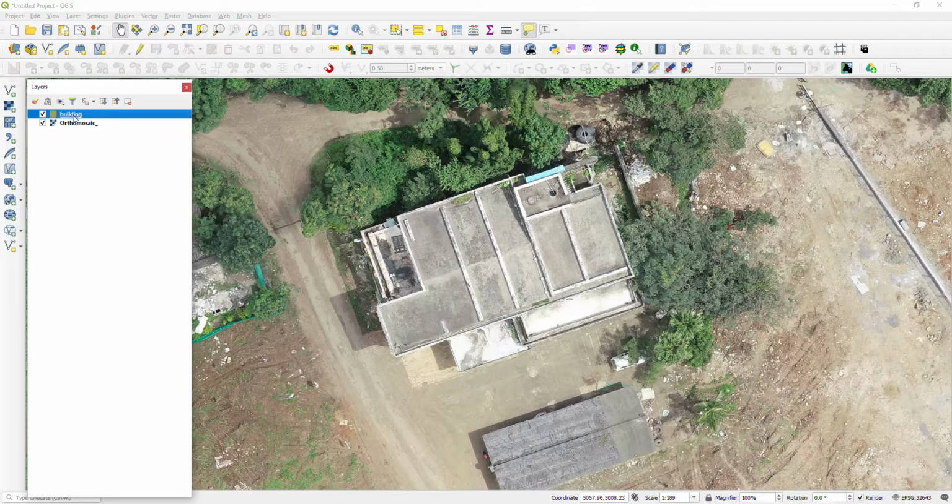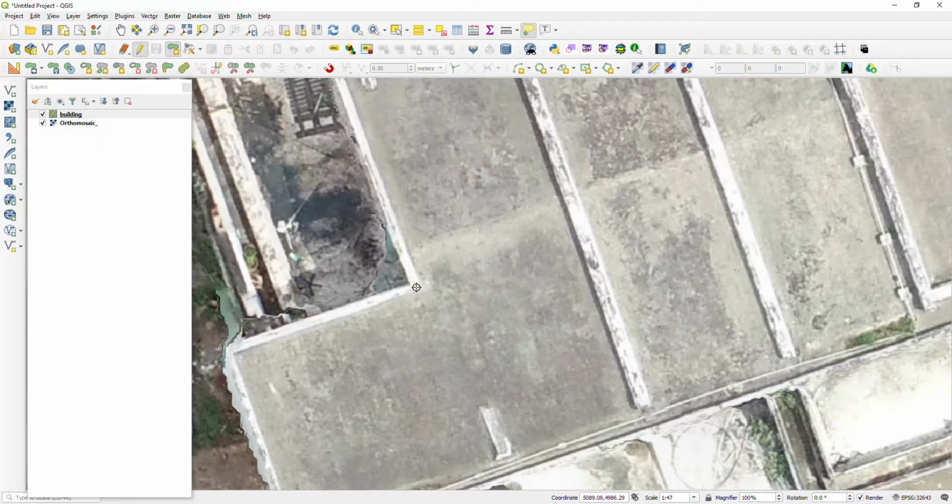First keep the building layer active and click on the toggle edit. After that click on the add polygon tool. Once you enable toggle editing, only then will your add polygon tool be enabled. Okay, let's start to digitize.